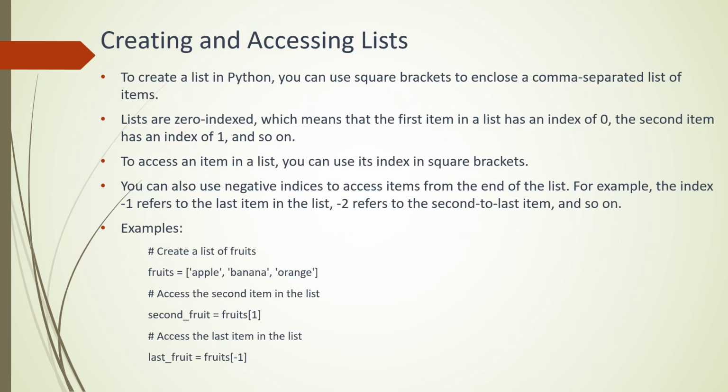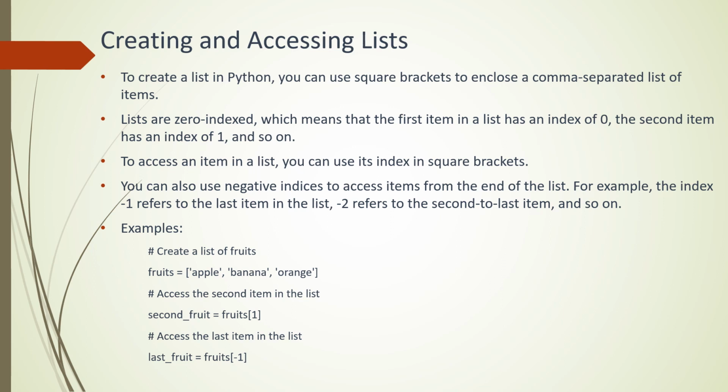In Python, you can create a list by enclosing a comma-separated list of items in square brackets. Lists in Python are zero-indexed, which means that the first item in the list has an index of 0, the second item has an index of 1, and so on. To access an item in the list, you can use its index in square brackets. You can also use negative indices to access items from the end of the list. For example, the index -1 refers to the last item in the list, -2 refers to the second to last